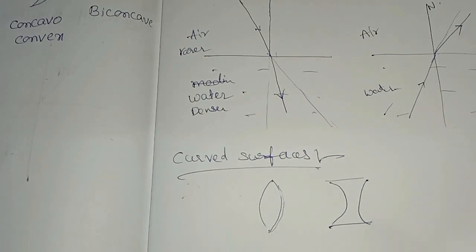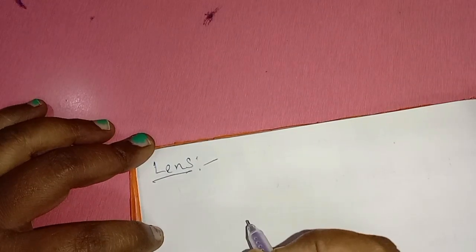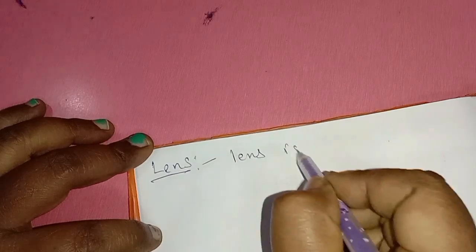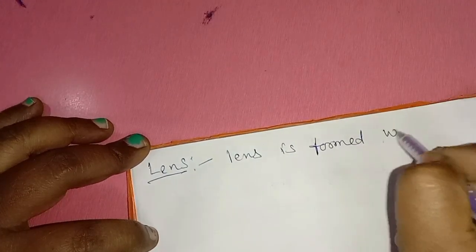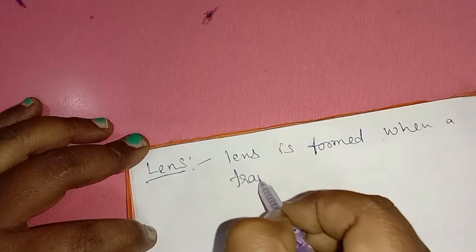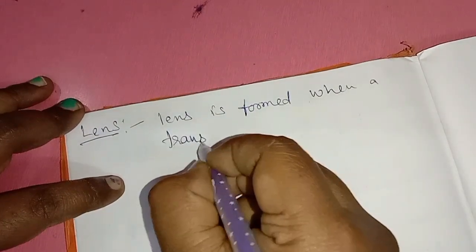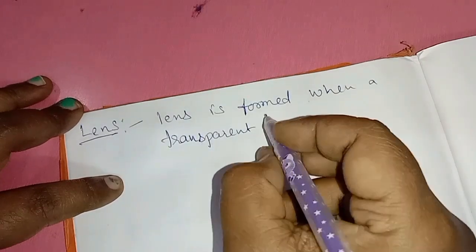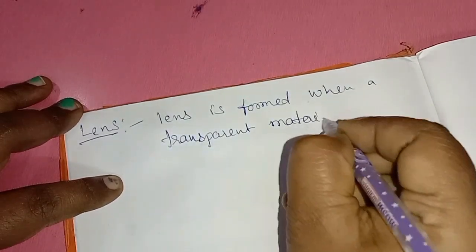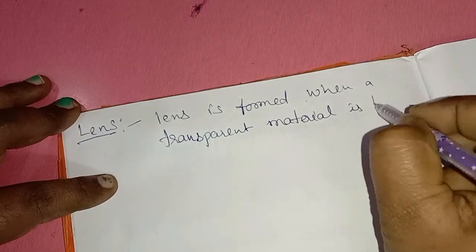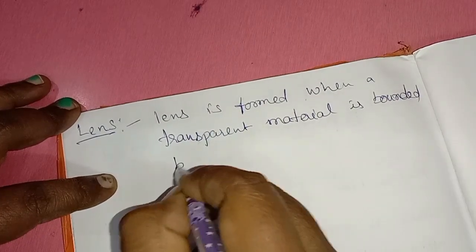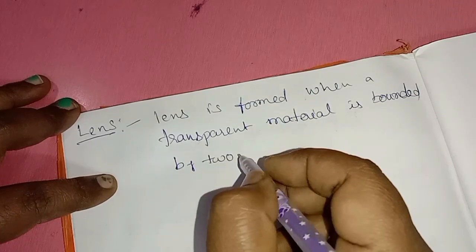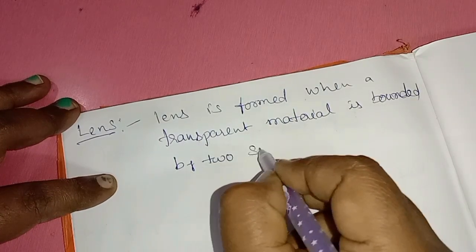Next we have a lens. What is a lens? A lens is formed when a transparent material is bounded by two surfaces,